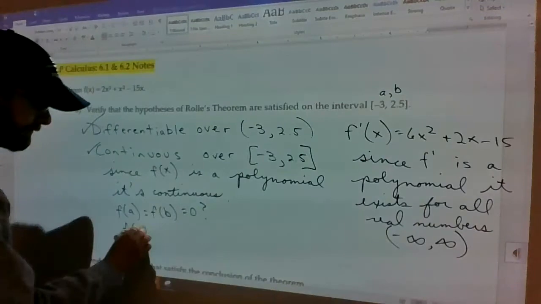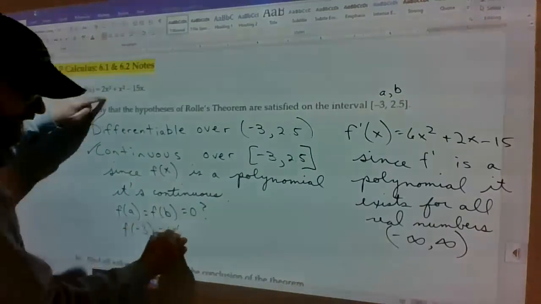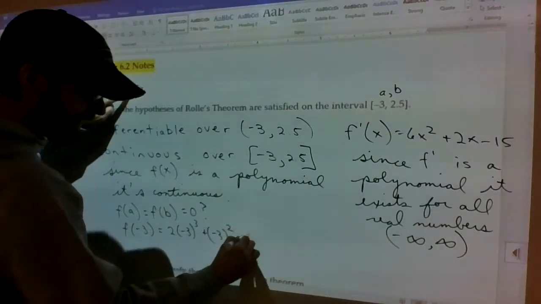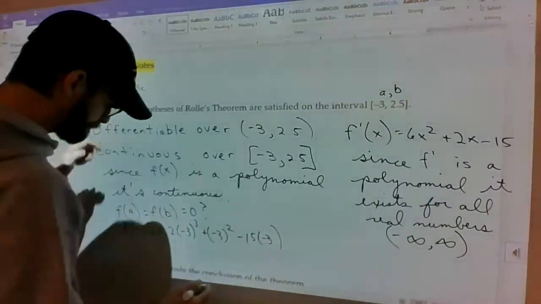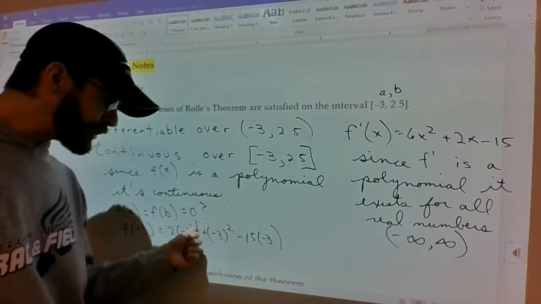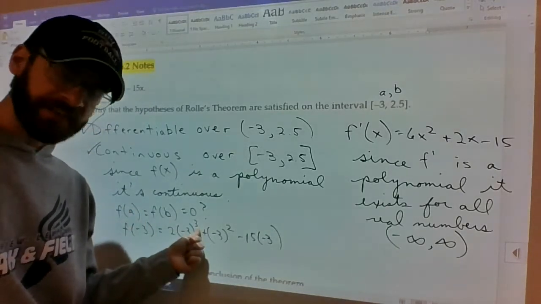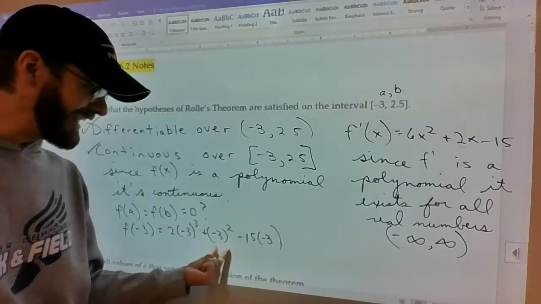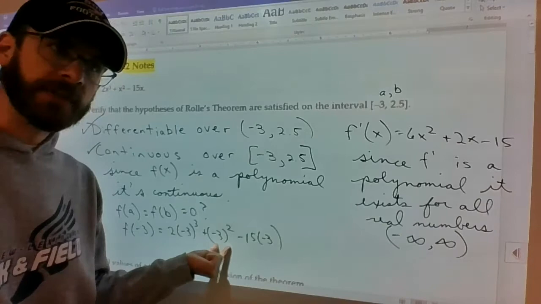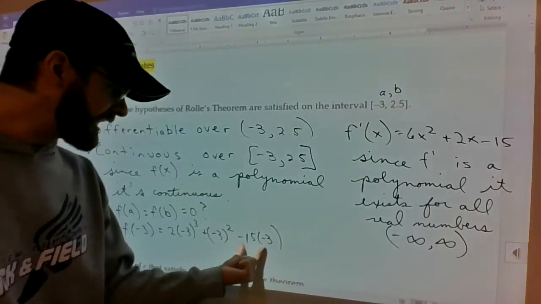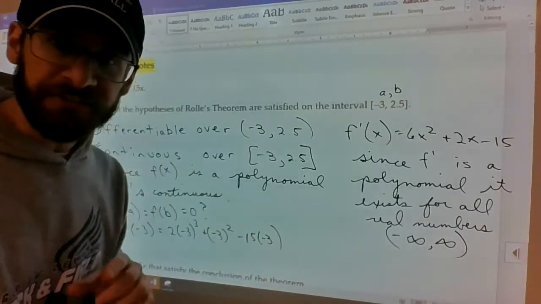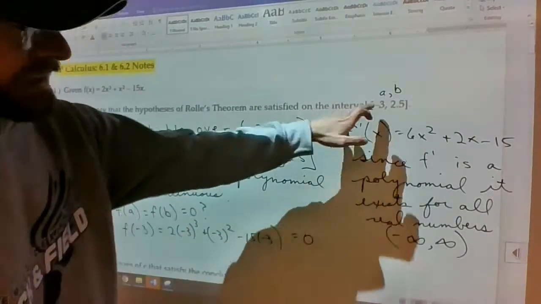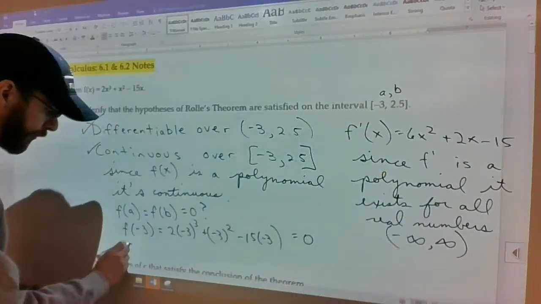F of -3 is equal to 2 times -3 to the third power plus -3 squared minus 15 times -3. -3 cubed is -27, times 2 is -54. So this is -54 plus 9, which is -45. -15 times -3 is +45. -45 plus 45 is 0. So we know our left endpoint equals 0. Our right endpoint